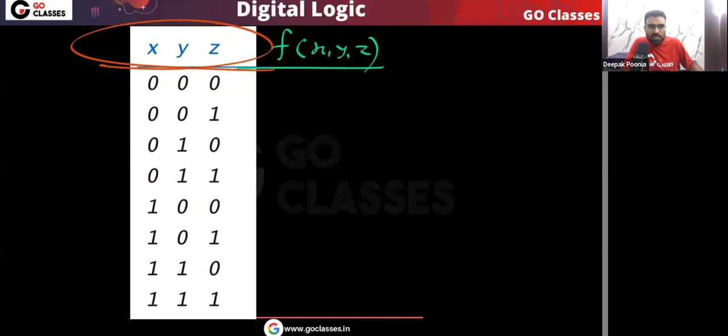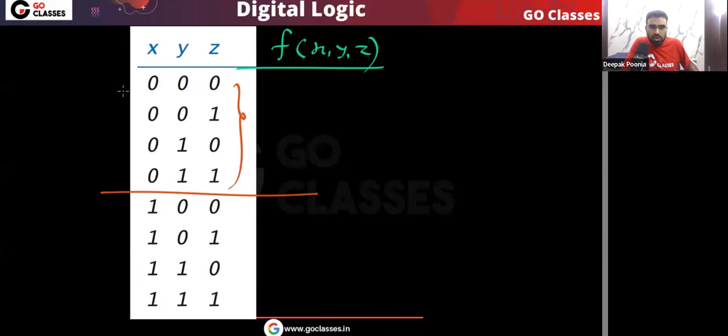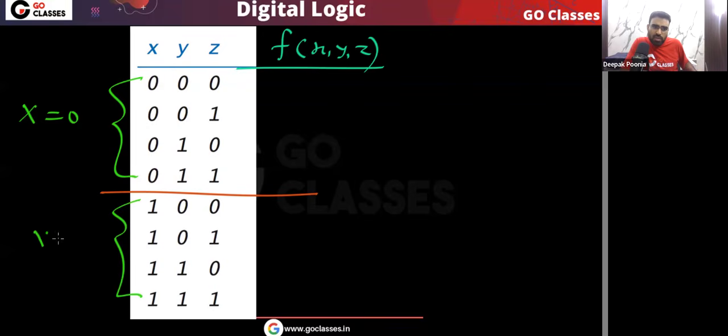If you look at any Boolean function over these three variables x, y, z, let's assume there is a Boolean function f(x, y, z). Now, what we can do, we can basically divide this truth table into two cases, only two cases, because remember the method is by case method. So this truth table over x, y, z, I can divide into two cases. If you notice one thing, look at the first four rows. There you have x equal to 0. In the last four rows, you have x equal to 1.